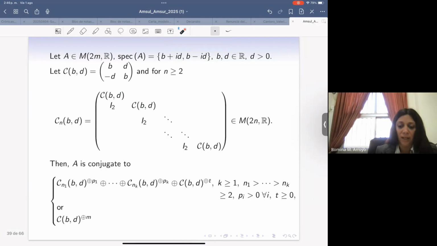Of course, we can have this other case where the eigenvalues of A are complex, and in this slide we have only these two eigenvalues. We want to write A up to conjugation in a similar way as when B was real. So here we have to consider these matrices,